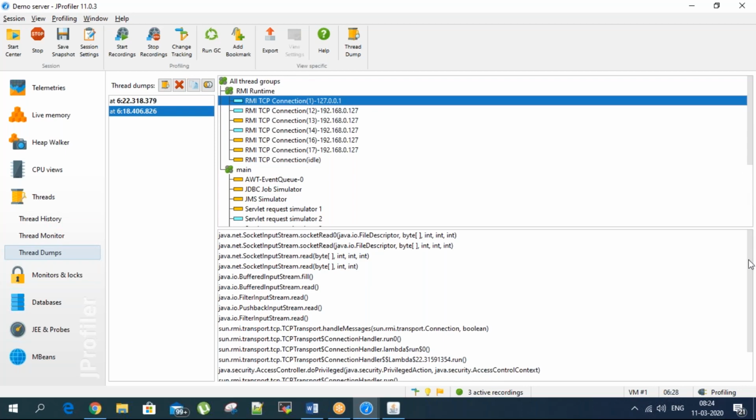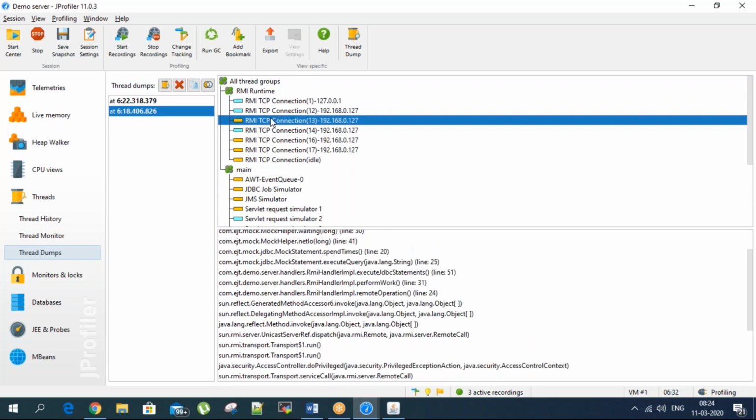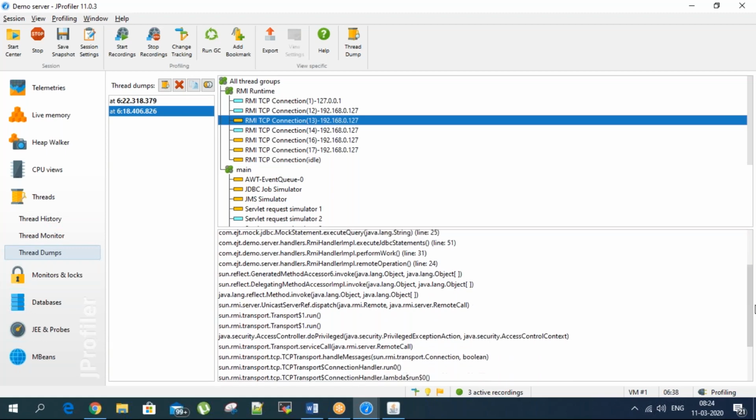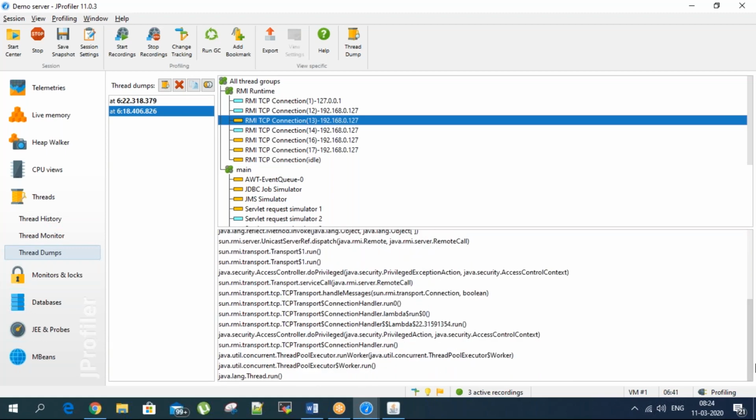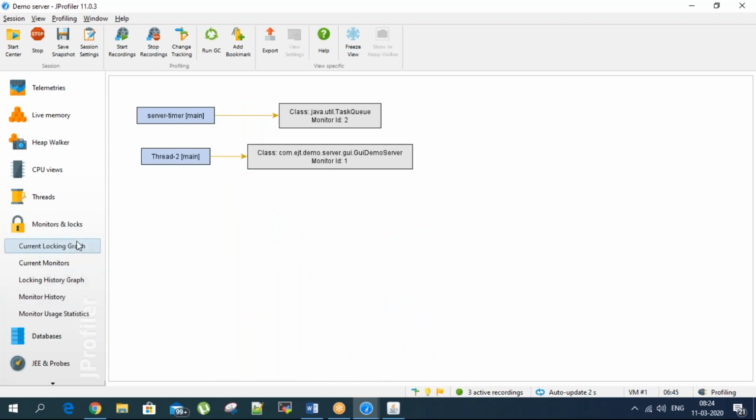Okay, so this is a waiting thread. If you look at this color, it means that it is waiting. So you have to go back and see why this thread is waiting. Okay, there is a lot more to talk about